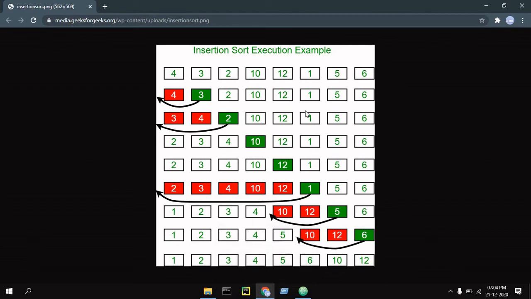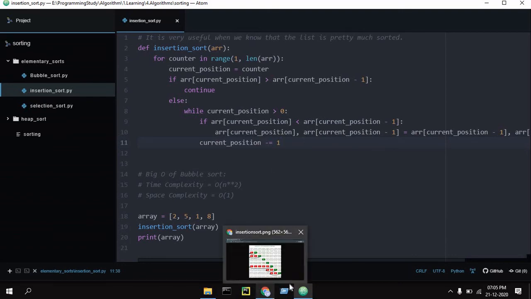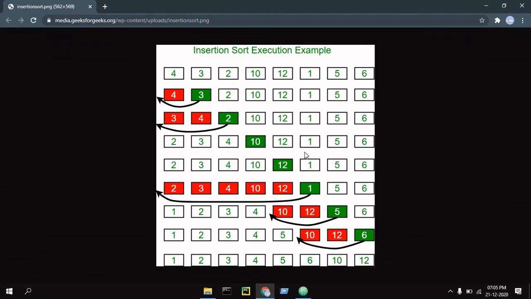If you want to make the program work the way the diagram does, you can simply change the current position to the minus of length and here plus 1, and it is your task to perform it. If you are not able to do it, you can ask in the comment section, but I am pretty sure that you can do it, as it's a nice exercise to learn insertion sort.